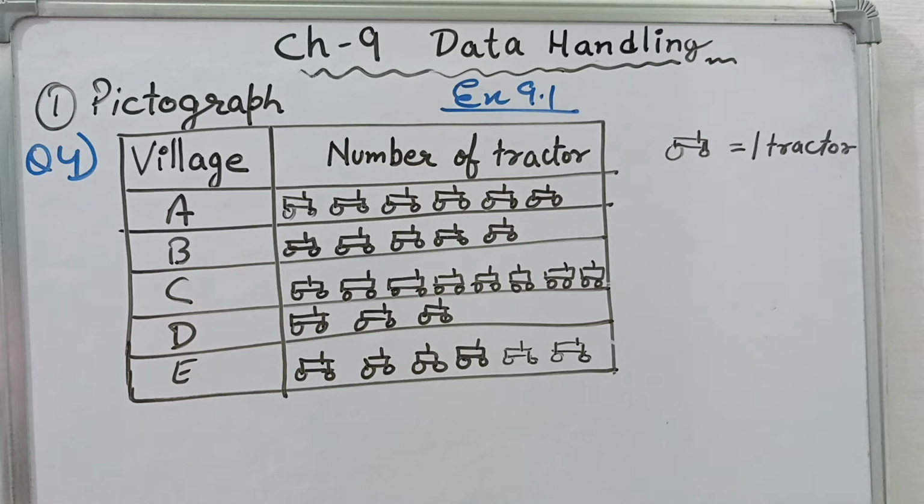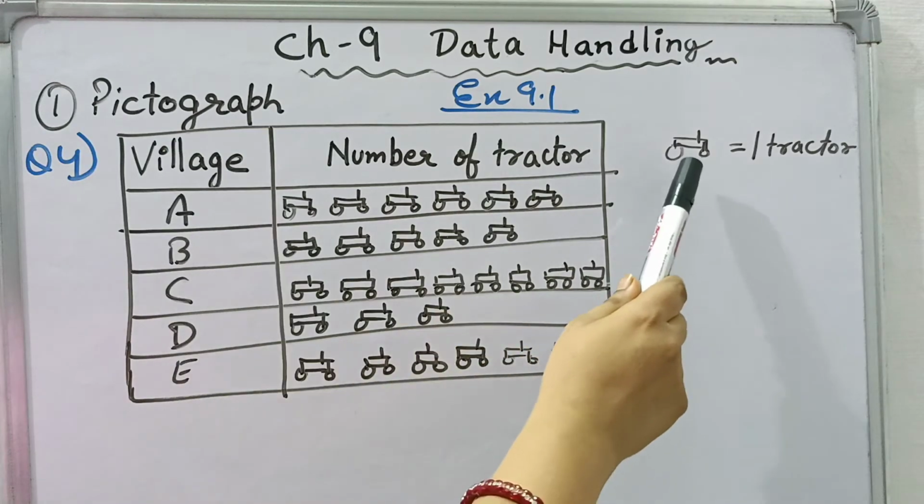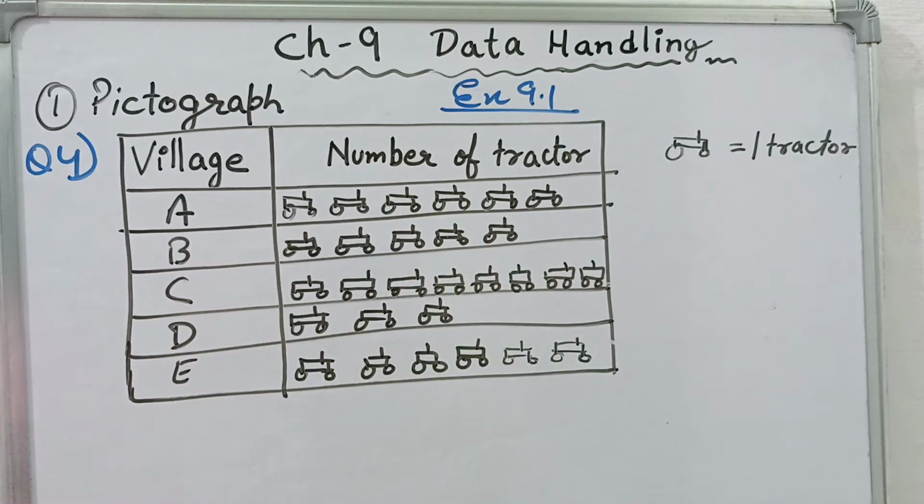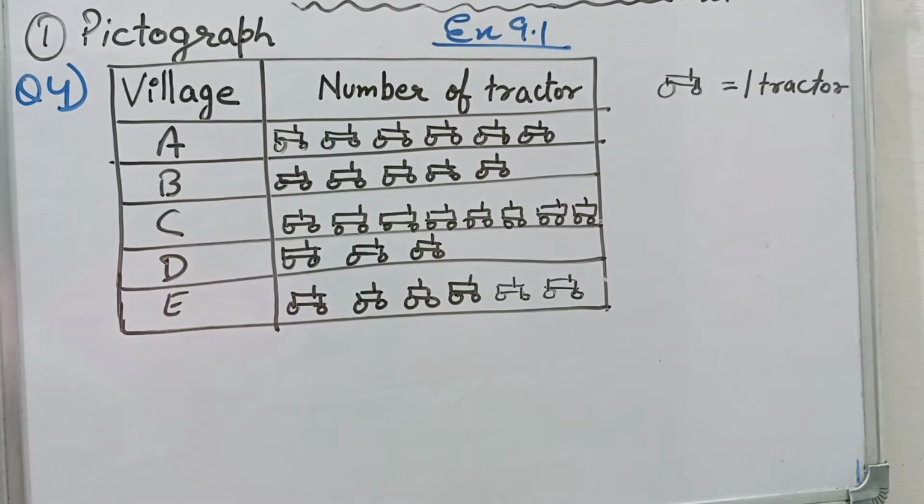So this is how we can read any pictograph with the help of its scale. This scale is very important because it tells you how many objects one picture is representing. It may be possible in some other pictograph that one picture represents more than one object. But for this pictograph, it represents only one tractor, so we will consider only that. Now come to the different questions asked on the basis of this pictograph. We have to answer them also.